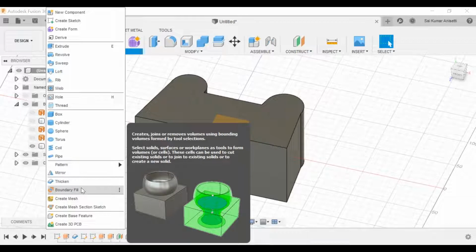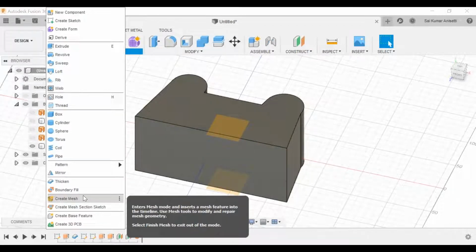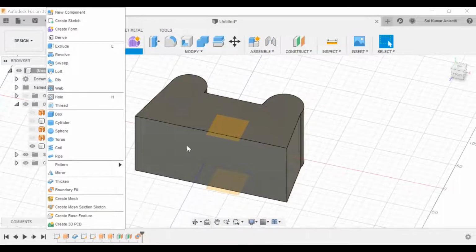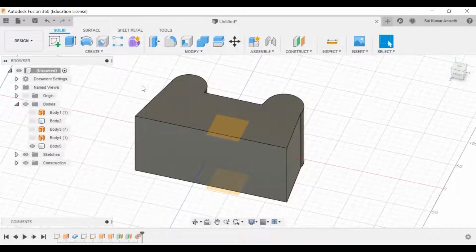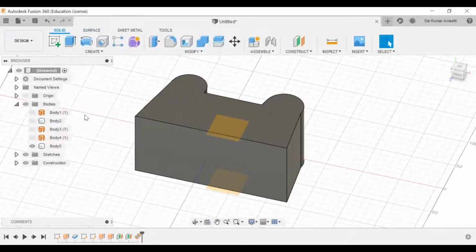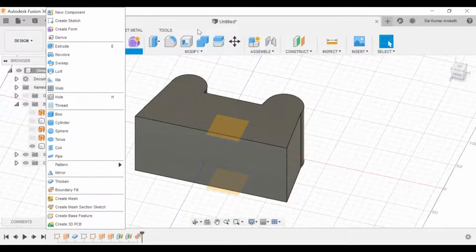Thicken and boundary fill, these are related to surface features. And create mesh and create mesh section are really complicated, so we will just eliminate those, because that is tedious regarding surface design. If I teach stitch and operations, then those features are available with that stitch option.